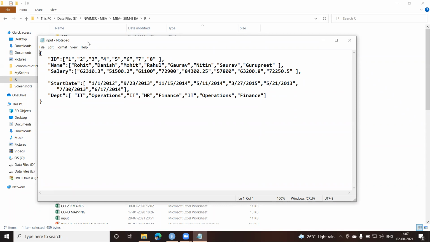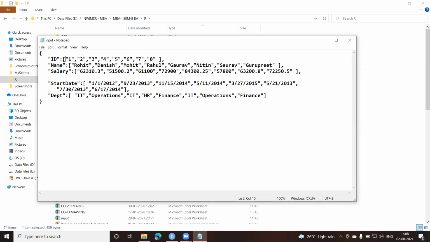Now this whole content is coming in curly brackets, an opening and a closing curly bracket. This is my first column with the data. The column name comes in double quotes followed by a colon, and in square brackets you put the values. All the values are treated as strings. Even your decimal numbers, integer numbers, dates, everything is coming in double quotes, and this has to be enclosed in square brackets.